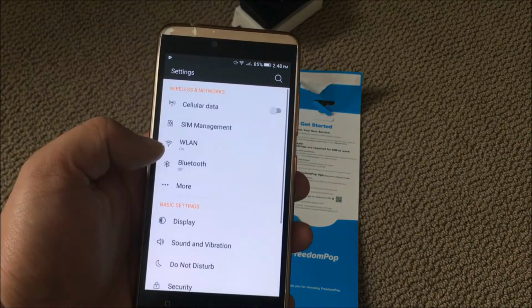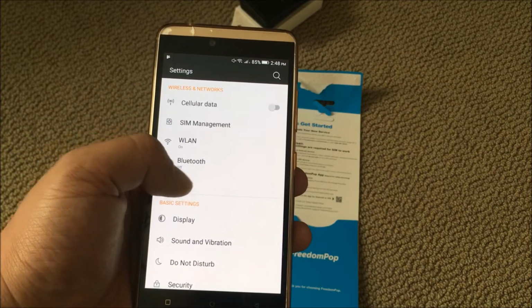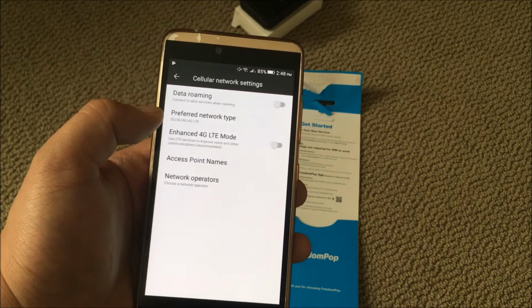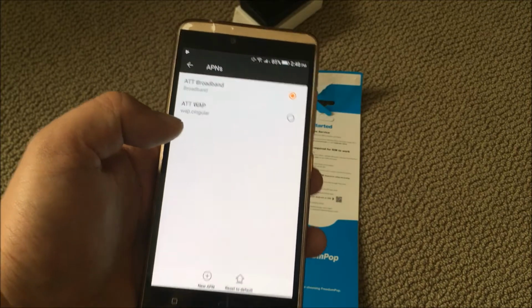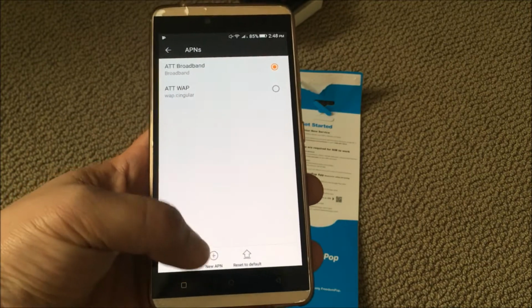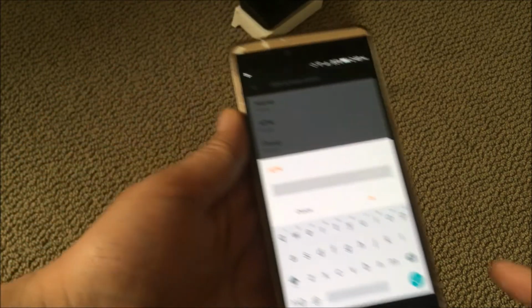First is in settings, I need to go to cellular data or cellular networks, and I need to set the APN settings. It'll be different depending on what phone you're using. For Android, create a new one, and the APN is called